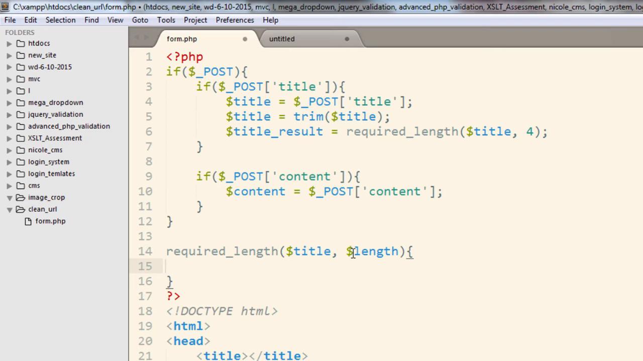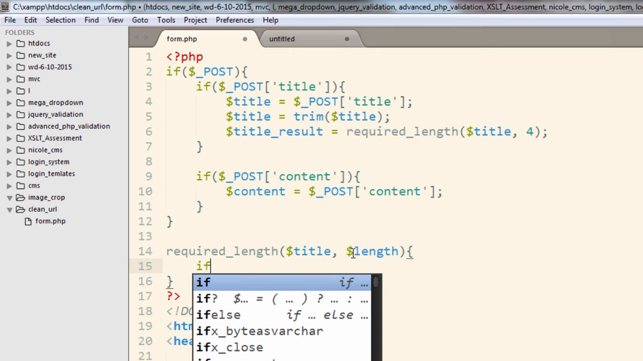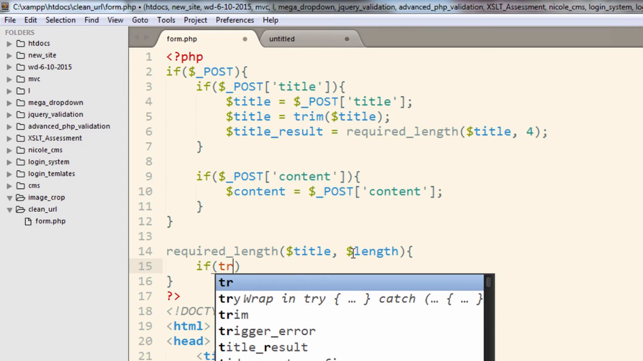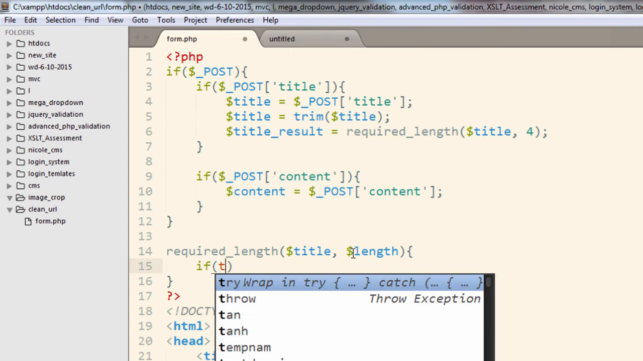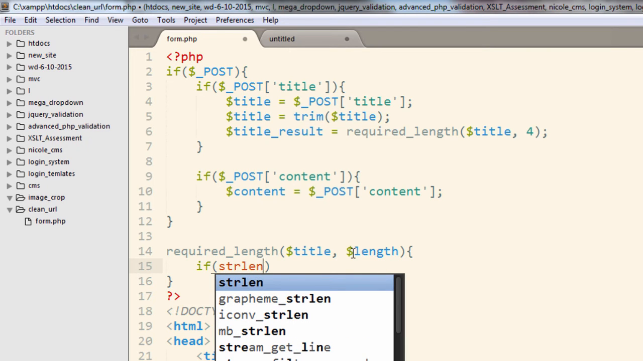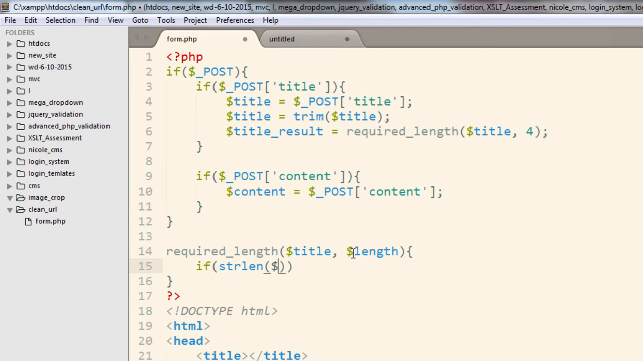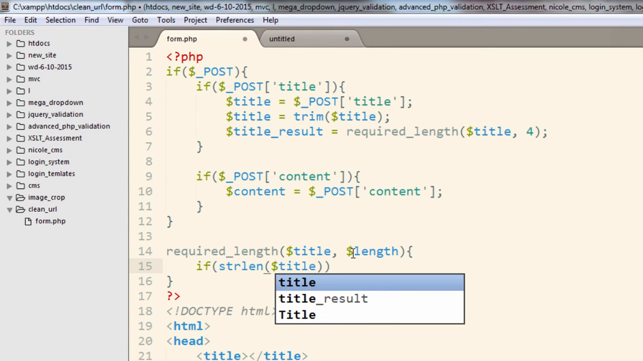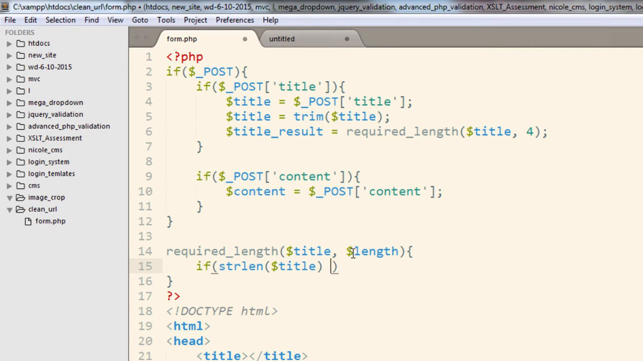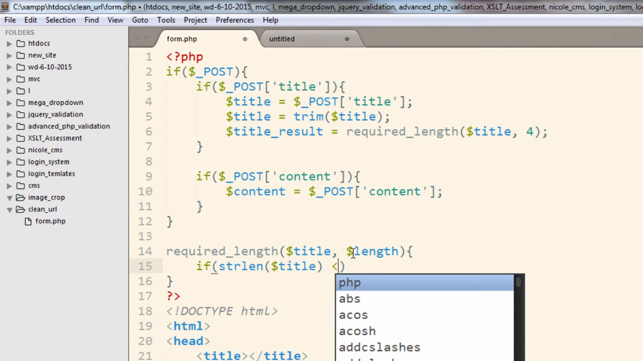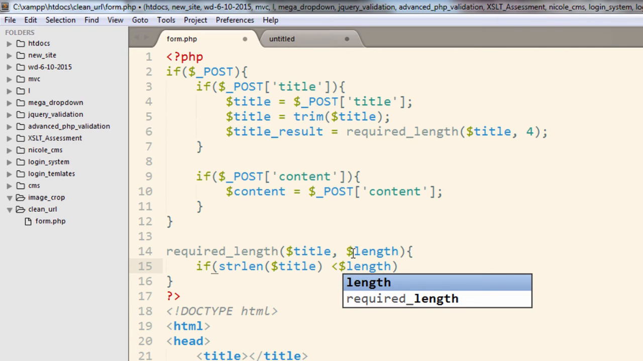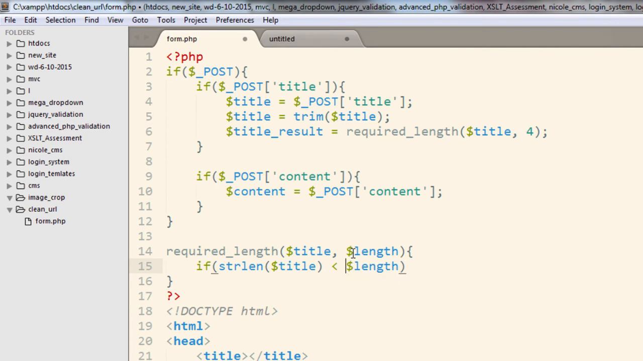So inside that we are just going to check, right? So we will be using regular expression, okay. I'm going to do something like if string length, right? That's our PHP built-in function to check for the length, right? So if title, right? Title is the post data, and then if that is less than length, length is the argument, right? So if it is less than length,